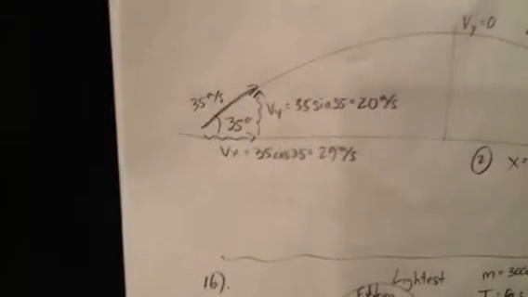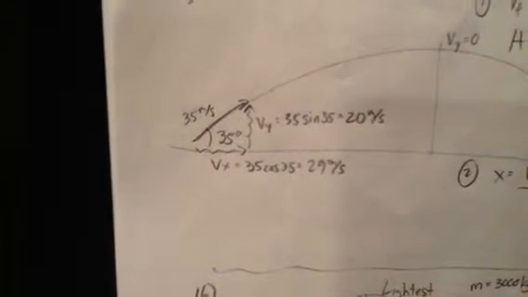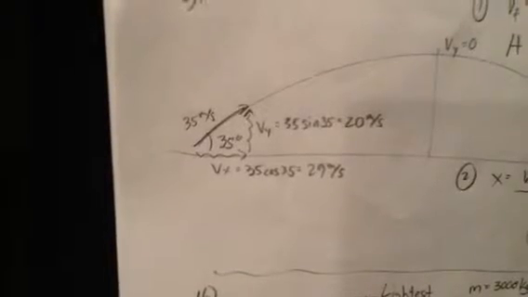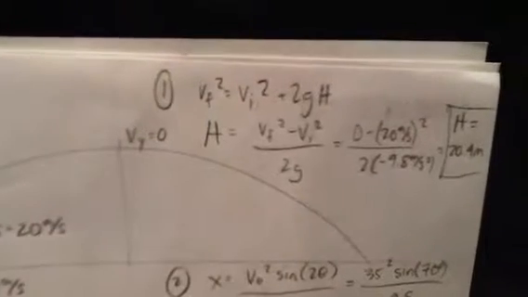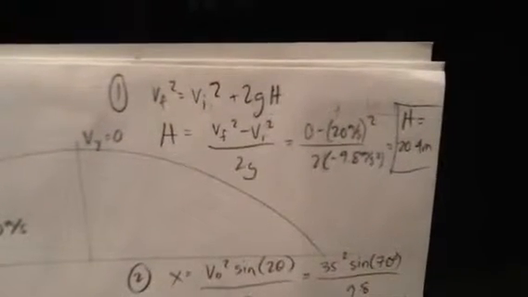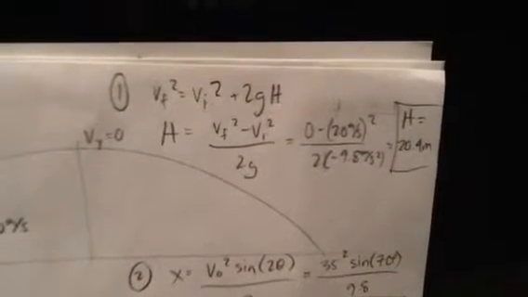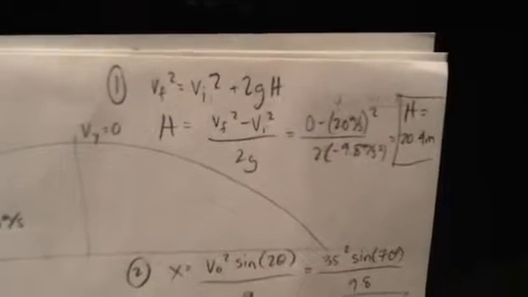Right, number 15. So there's the initial information. That's how you find the initial velocity in the y direction. 35 sine of 35 is 20, and you need that here to find your height. So there's the equation of motion and how I solved it, and the answer ends up being 20.4 meters for